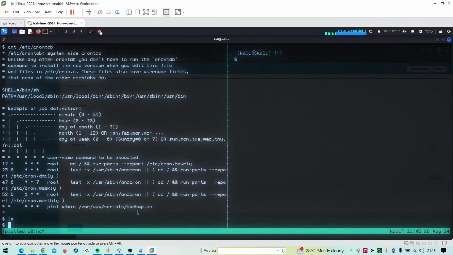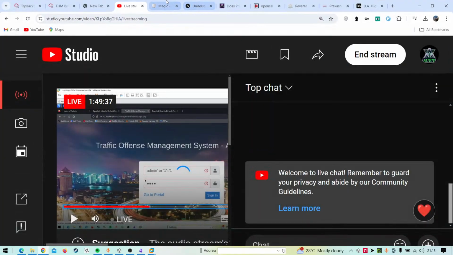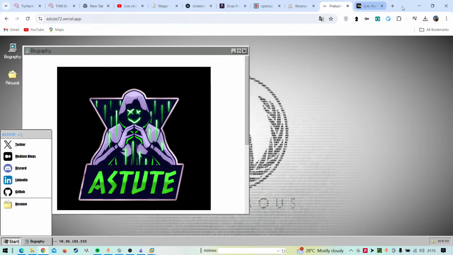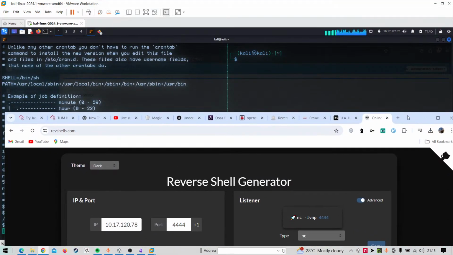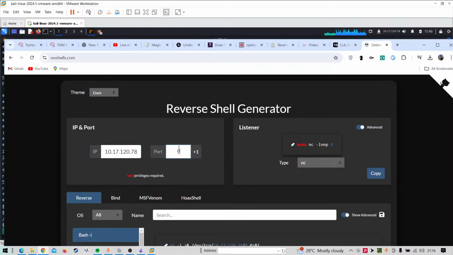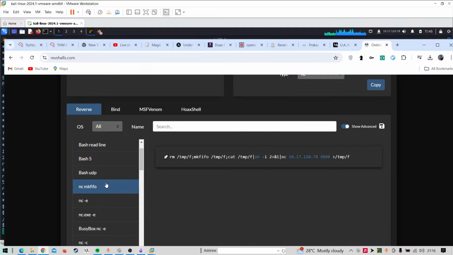So we'll just pwd, echo our exploit, 10.17.120.78, and just change the port to 9998.